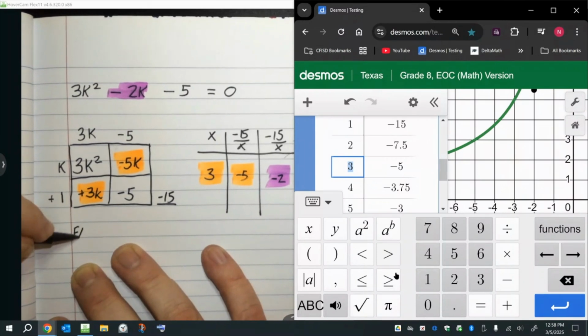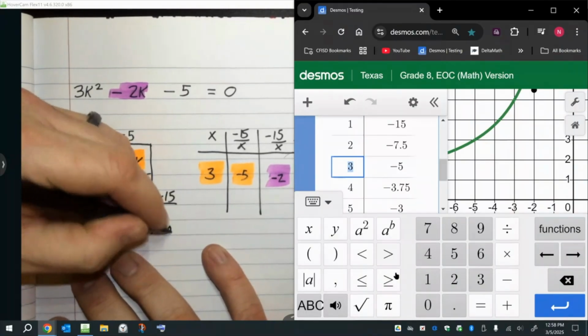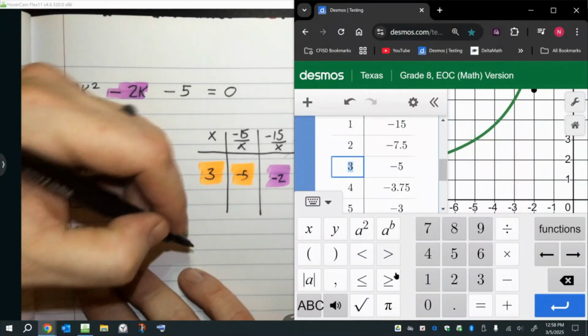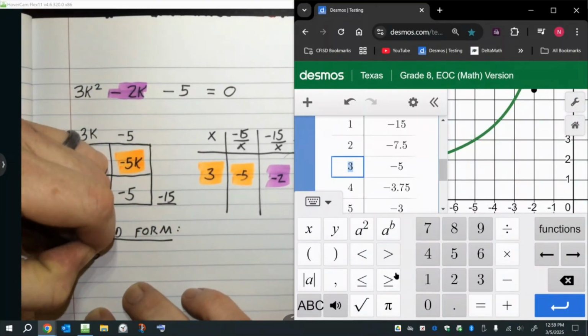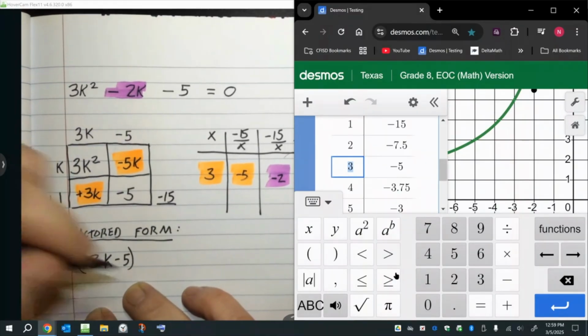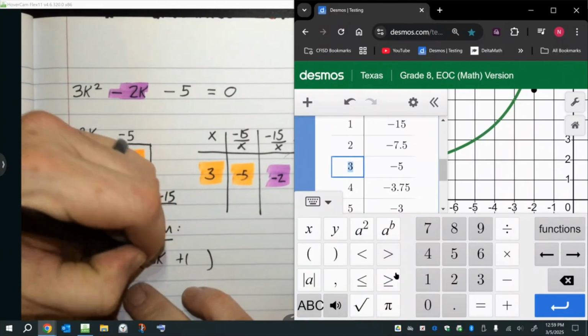Okay, so factored form. Factored form: 3K minus 5 and K plus 1